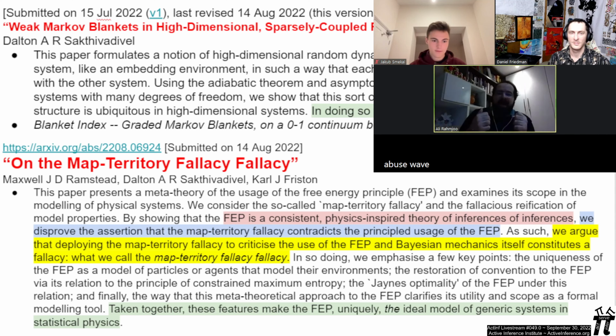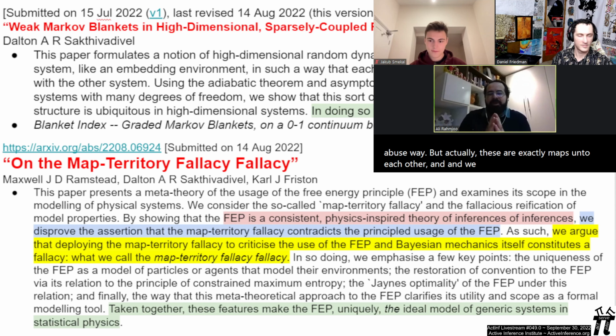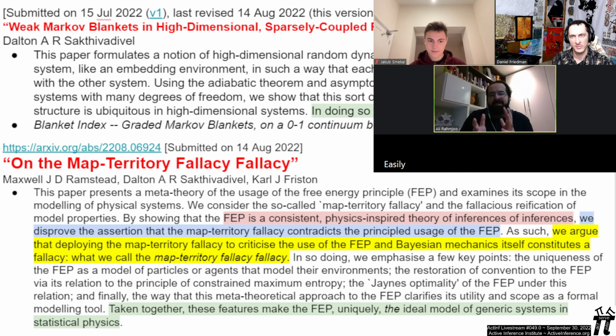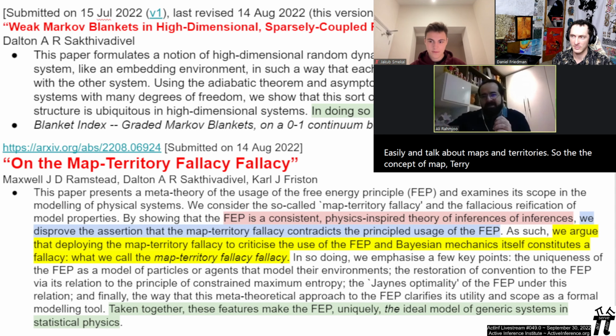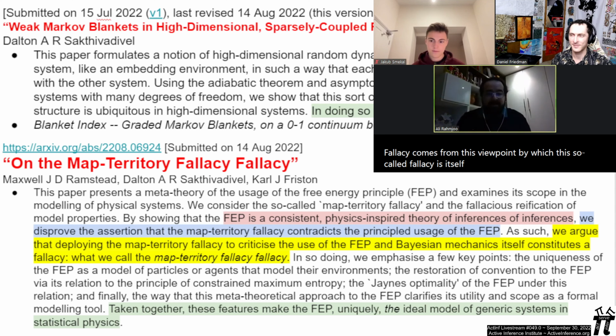But actually, these are exactly maps unto each other, and we cannot separate them easily and talk about maps and territories. So the concept of map territory fallacy comes from this viewpoint, by which this so-called fallacy is itself another level of